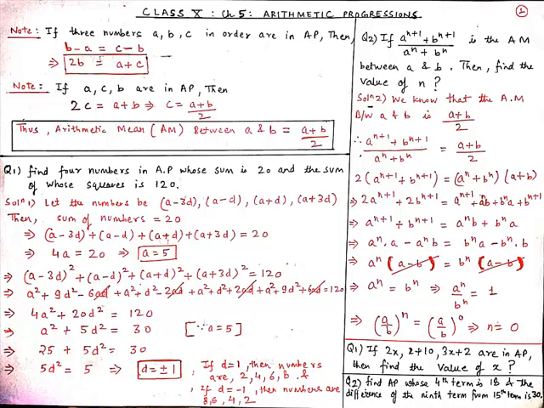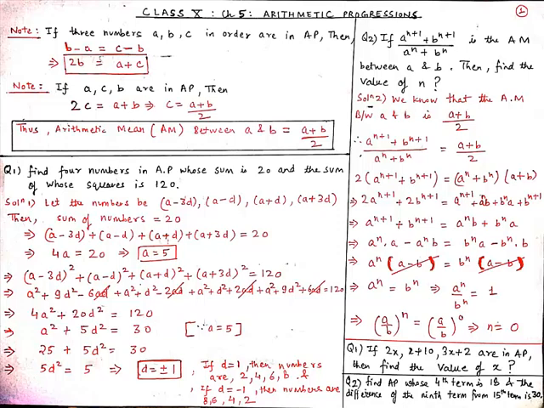And now student, in LHS, we have 2 a to the power n plus 1, and RHS we have a to the power n plus 1. So on solving it, we get a to the power n plus 1 plus b to the power n plus 1 is equal to a to the power n into b, and then plus b to the power n into a. And now in LHS, we know that a to the power n plus 1 can also be written as a to the power n dot a. And now in RHS, we have a to the power n into b.